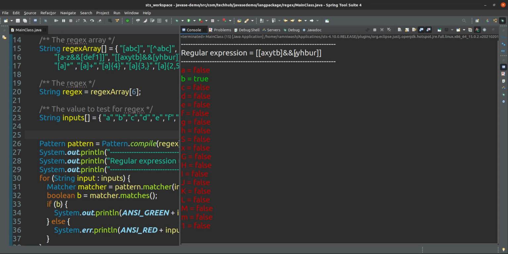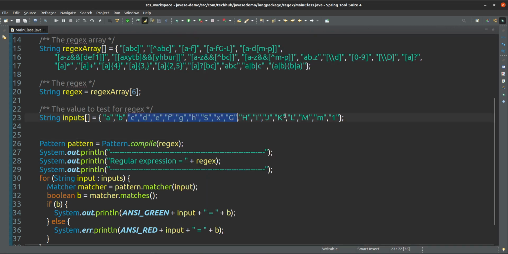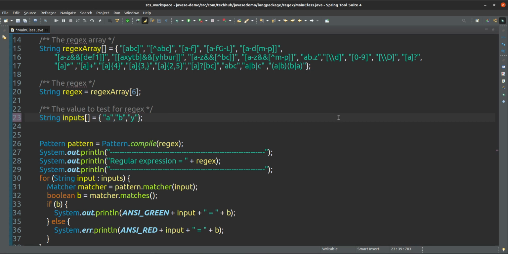A is there, but A is not here, so it will not pass A. B is here, B is also here, that's why it is passing B. Y is there, Y is also there, but we are not giving Y actually. Okay, let me see. I will give Y. Okay, I will give U. I will give X.